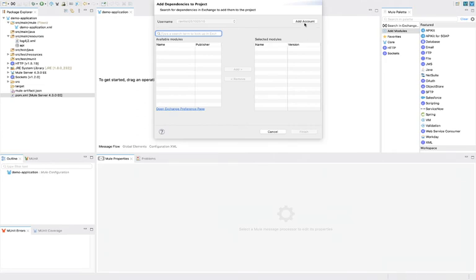Once you sign in, you will be able to see your username here. If you sign in with multiple accounts, then you will be able to see all those accounts here.